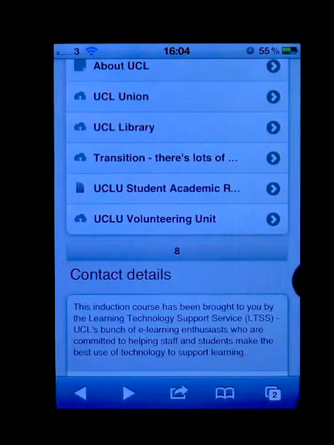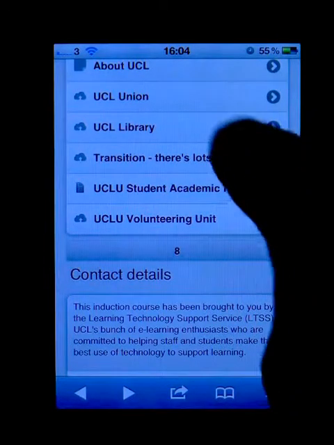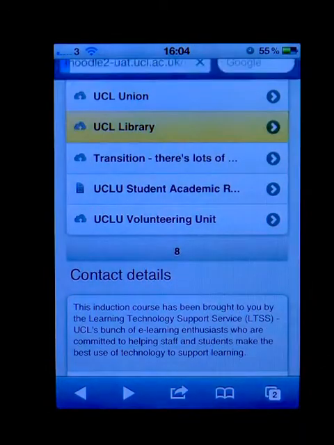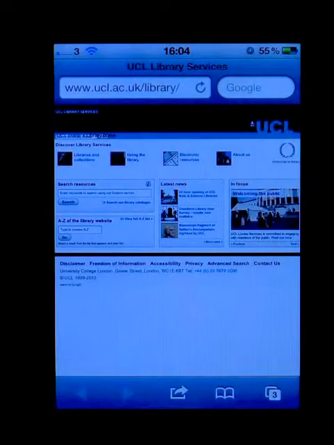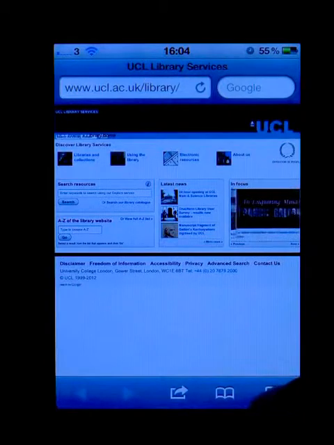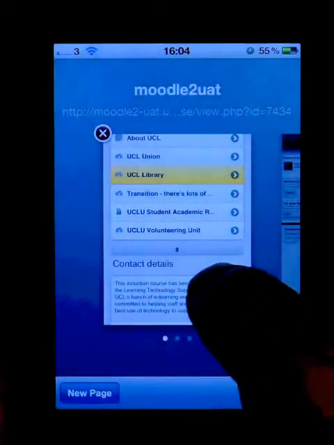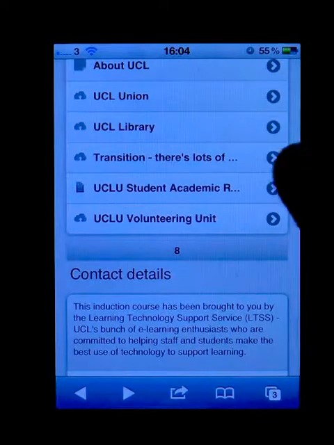However, I might find that some of the links I click on probably won't render as well on my mobile device as they would on a laptop screen. For example, if I go to the UCL library, because I'm going to an external site, it's likely those things will display differently, depending on your device. If I just go back to the Moodle mobile,